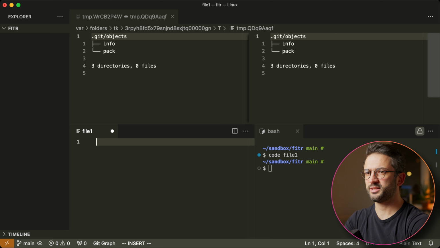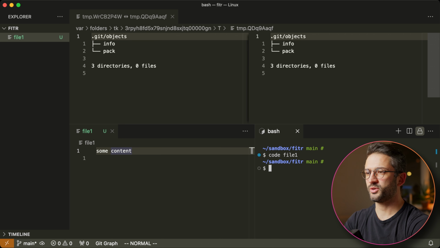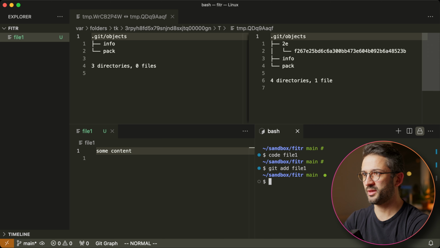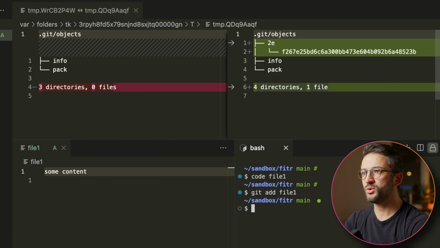Let's put some content in this file. Let's say some content, whatever. Save the file and go back to our terminal on the right here, and let's do a git add file1. Now we're going to see something happen in our repository up top there. There you go. A new thing appeared in our objects, and that is, of course, a blob, as we saw